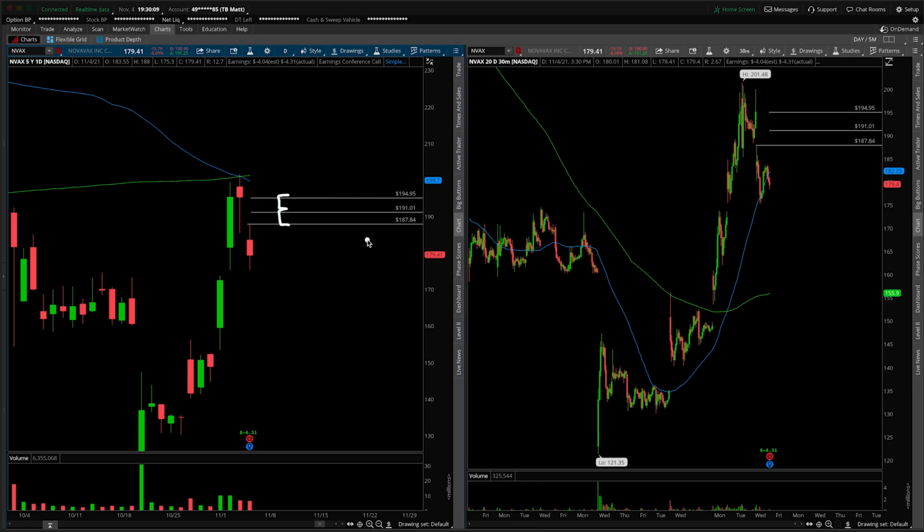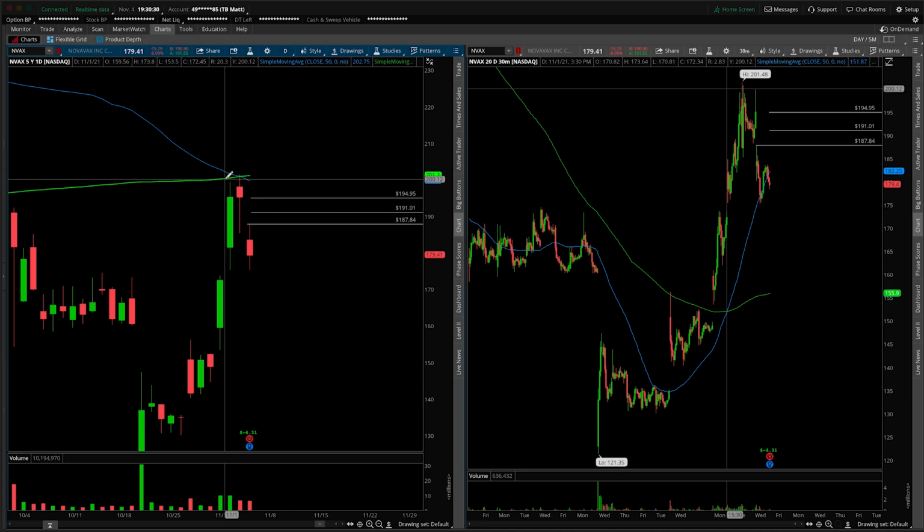I would just be avoiding longs until we fill the gap, see if we can get a gap fill reversal off of 187 and then turn higher, in which case the target would firstly, let's actually be more realistic, firstly be the overnight high, that's at 195 we'll call it, and then the moving averages are tangled up overhead, so critical power lines there, and we're also getting 2 days worth of rejection at and around 200, the nice psychological